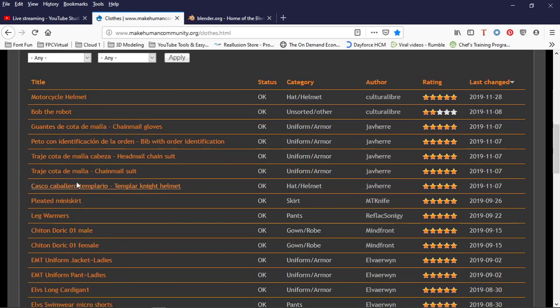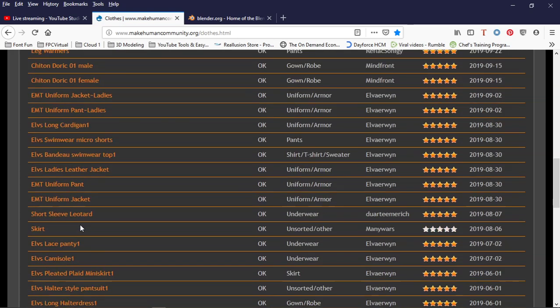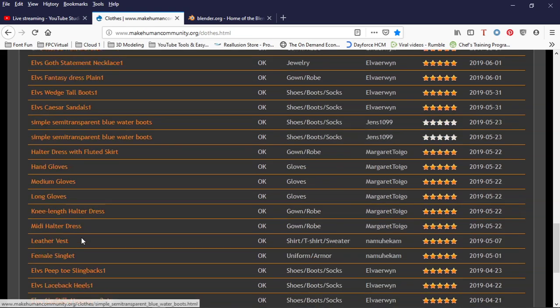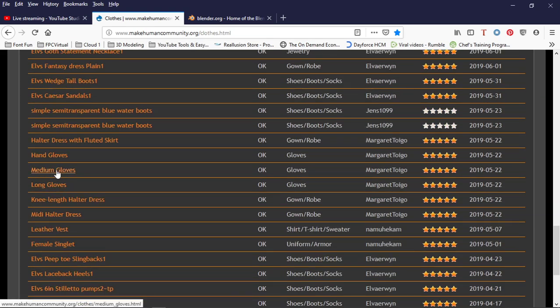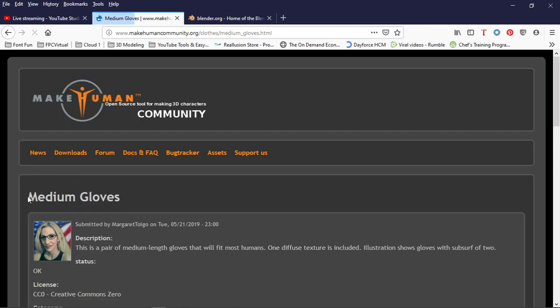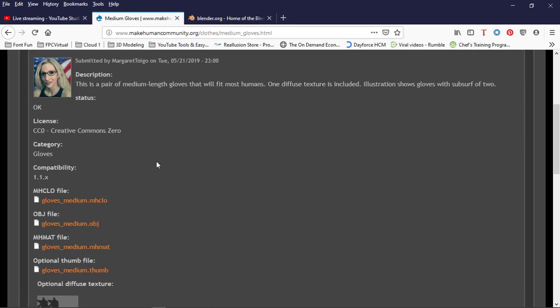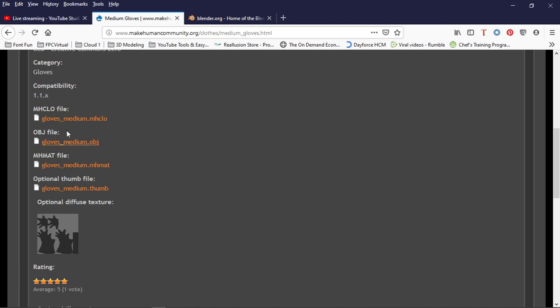Say I wanted to go to clothes and fix some of the clothes. Say some of the clothes are messed up, whatever clothes it is. Say it was the gloves. You go to medium gloves on the website through MakeHumanCommunity.org, and then what you would do is find the missing actual files. So say I actually downloaded this through the community assets, you would have to go to each one of these and find the ones that are missing